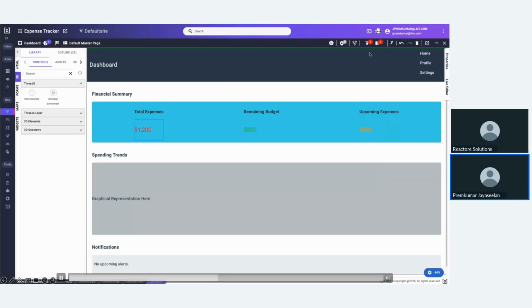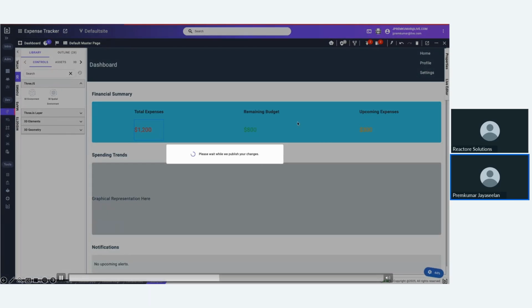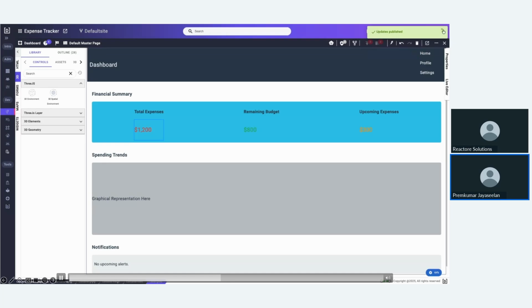As we see, each and every feature will be saved in the draft layer. On click of publish, this will be published into the actual version. So now since we published, we want to preview how our app works. On click of preview in new tab, this opens the dashboard